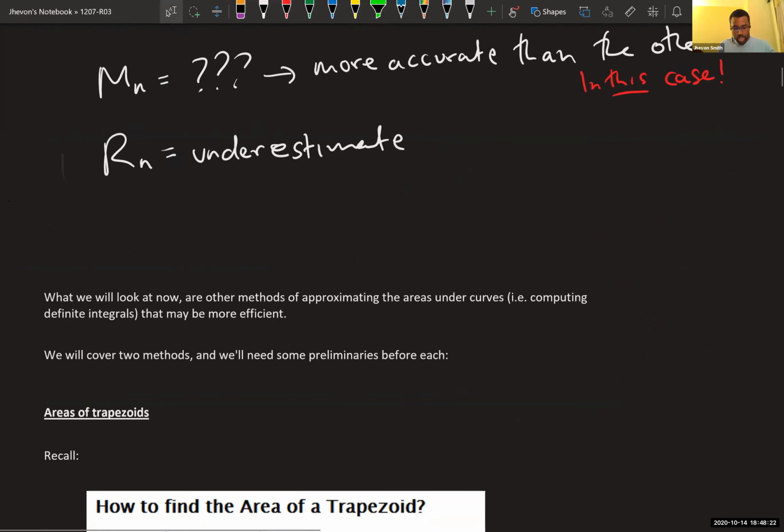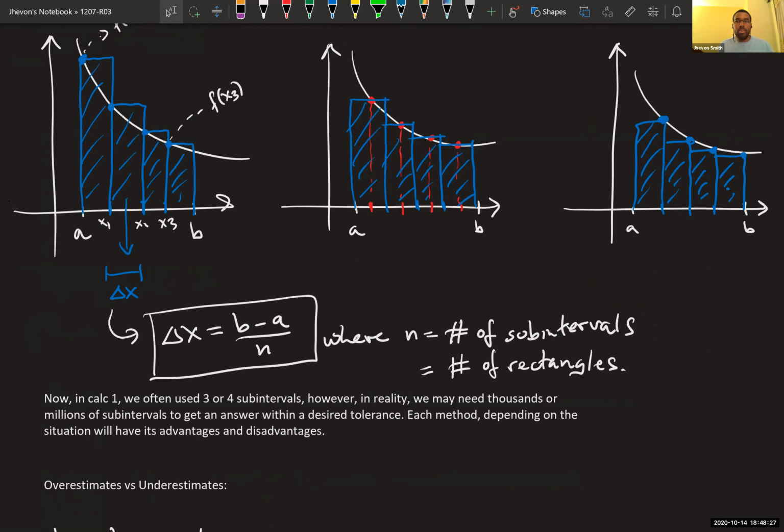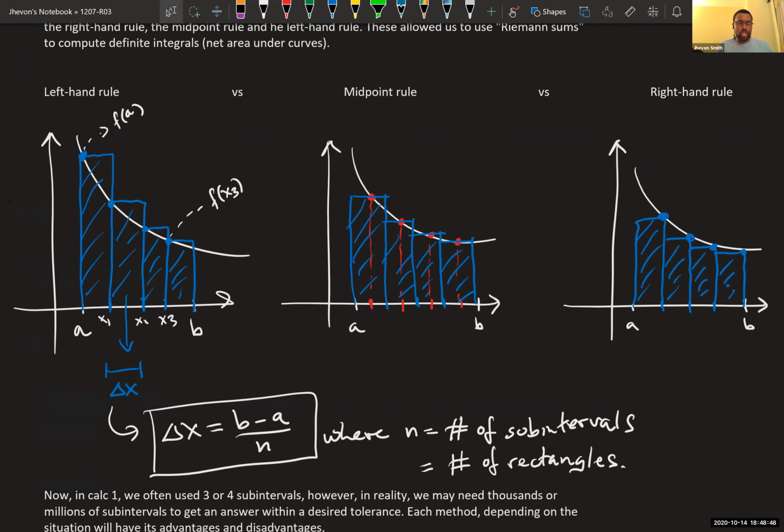Okay, so here's what we're going to do. Sometimes we want to get an even better approximation than rectangles. And so we might wonder, why would you use rectangles all the time? A rectangle always has a flat top, but this curve is actually moving down or up and down. Isn't there something better to use than rectangles? And that's what we're going to talk about. So these three were the methods that we learned in Calc 1, but I actually want to introduce two other methods to you. And tomorrow we're actually going to look at how to apply these methods.